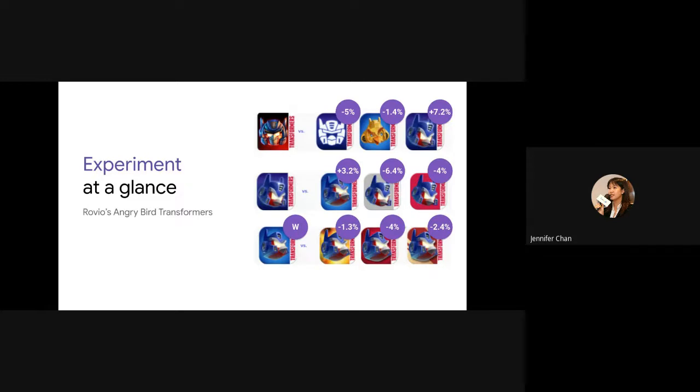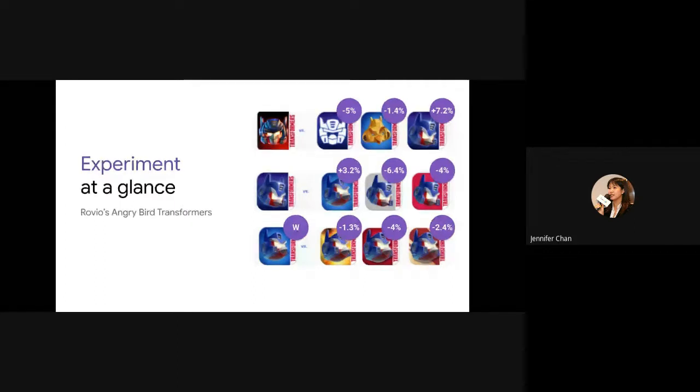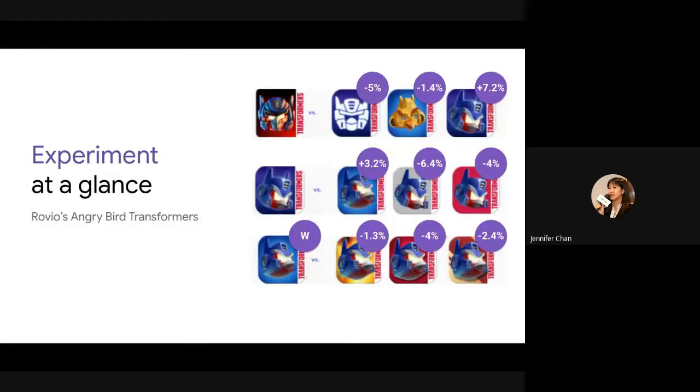At first, they have this icon on the top left versus a bunch of other icons on the right, first row. Okay, no idea which one is better, so they plug it in and run this store listing experiment, and then the one on the very far right has a 7.2% win, and then they use this as the second test and test again. This time they test the beak direction. All right, facing downwards, facing upwards, and a bunch of other variations.